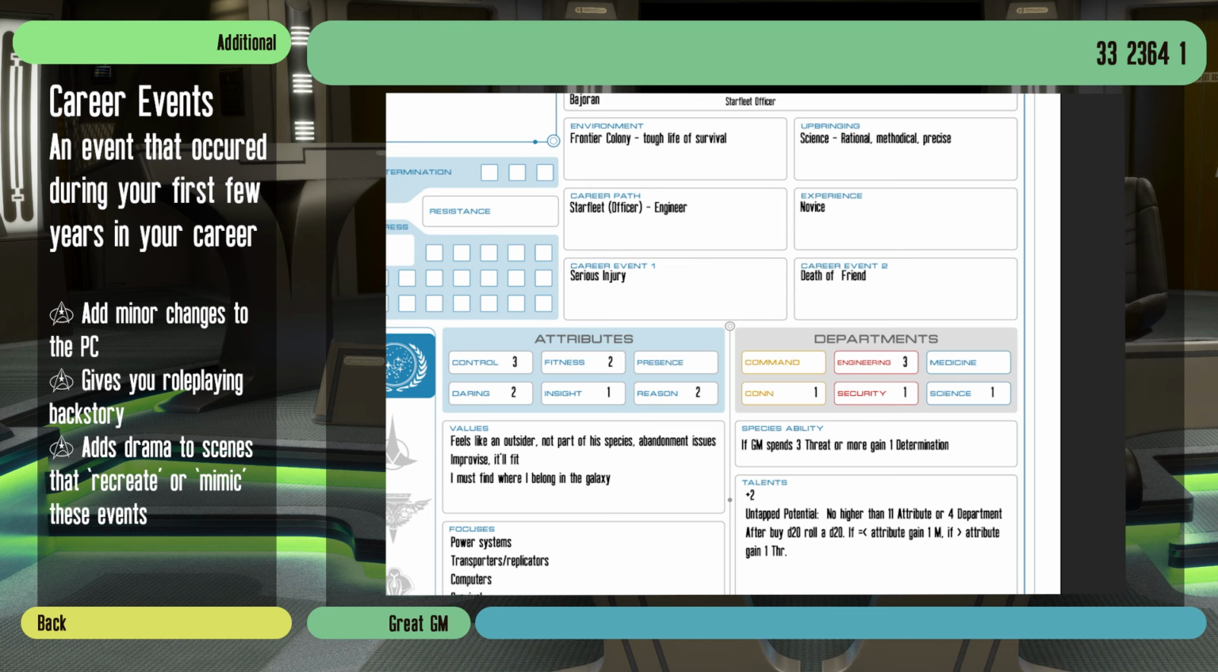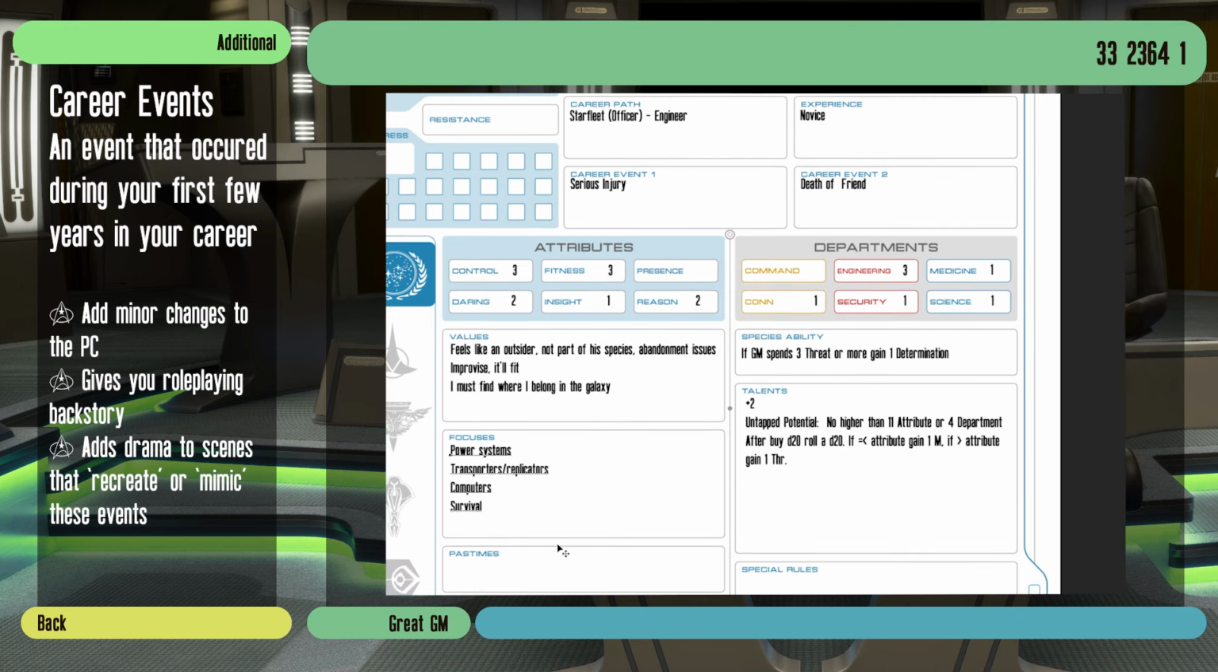Right, let's go and have a look at serious injury. The character was seriously hurt and needed to spend a considerable amount of time recovering. So the attribute, we gain +1 fitness. We also gain +1 in medicine because we've been around doctors so long. What else? Focus, we get another focus. It should reflect the circumstances of the character's injury, something that helped them through the recovery or something they took up after recovering. I am going to say that their focus was on meditation,